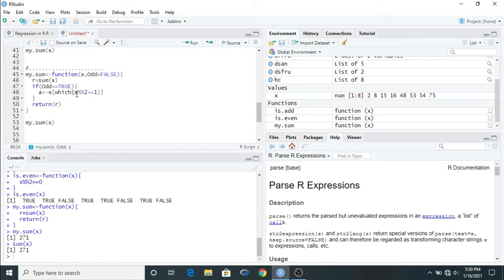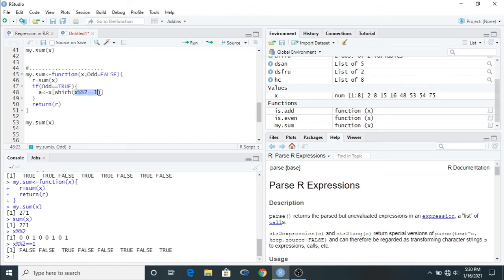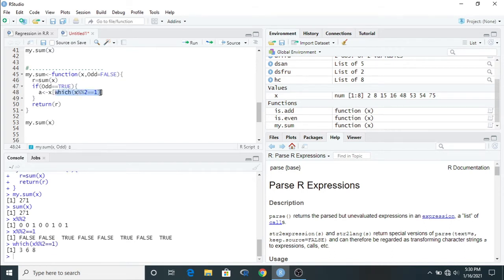So for running this we find the value of the remainder. If we run from here to here, it indicates whether it is true or false, then we can identify the position by using the which function: the third, sixth and eighth items, and we identify the odd items from the x series.